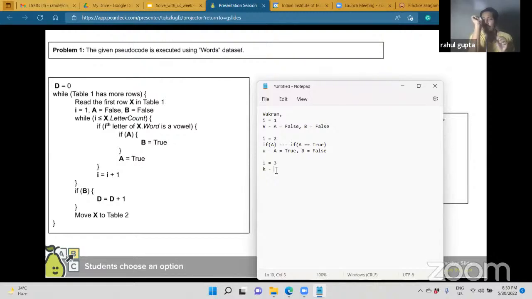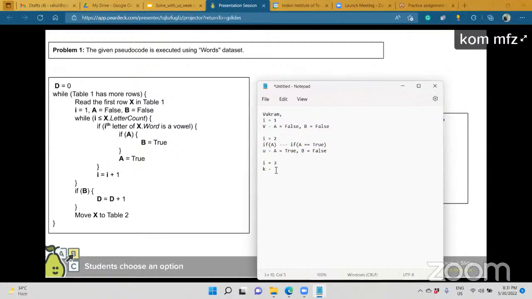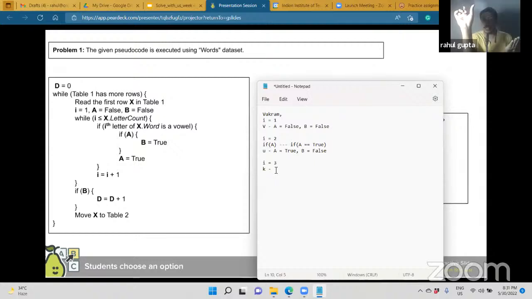Consonant. Okay. So here is a very important thing. People ask about the consecutive thing now. See, I am turning A to true because it is a vowel, right? Yes, sir. But I'm not turning it to false when it is not a vowel. It means I'm not trying to see consecutive. This is the trick. If you get late, then you can understand. I'm not turning A to false again. And one more important thing. There is always at least a word you see.